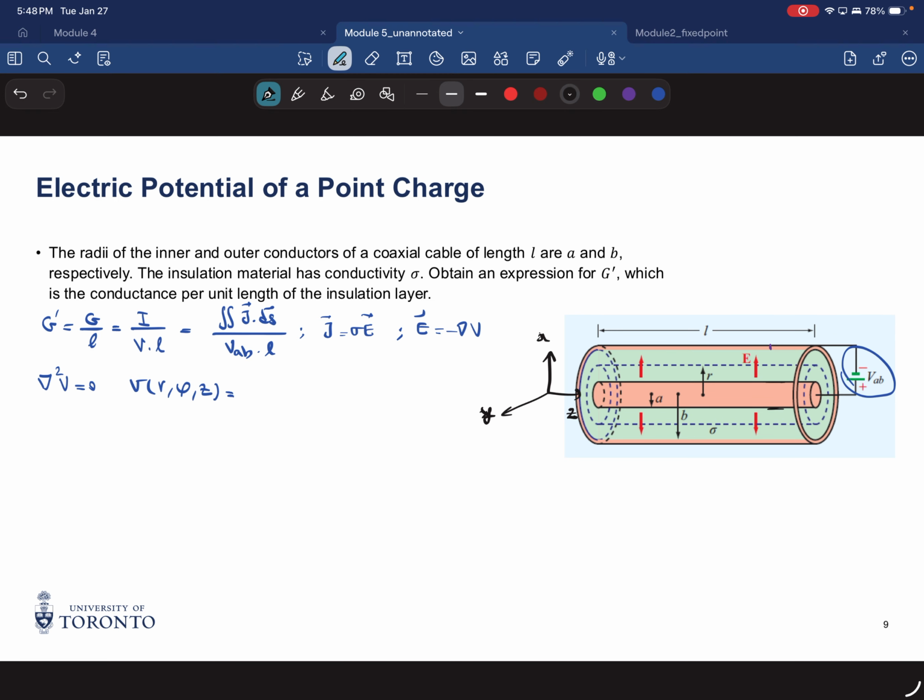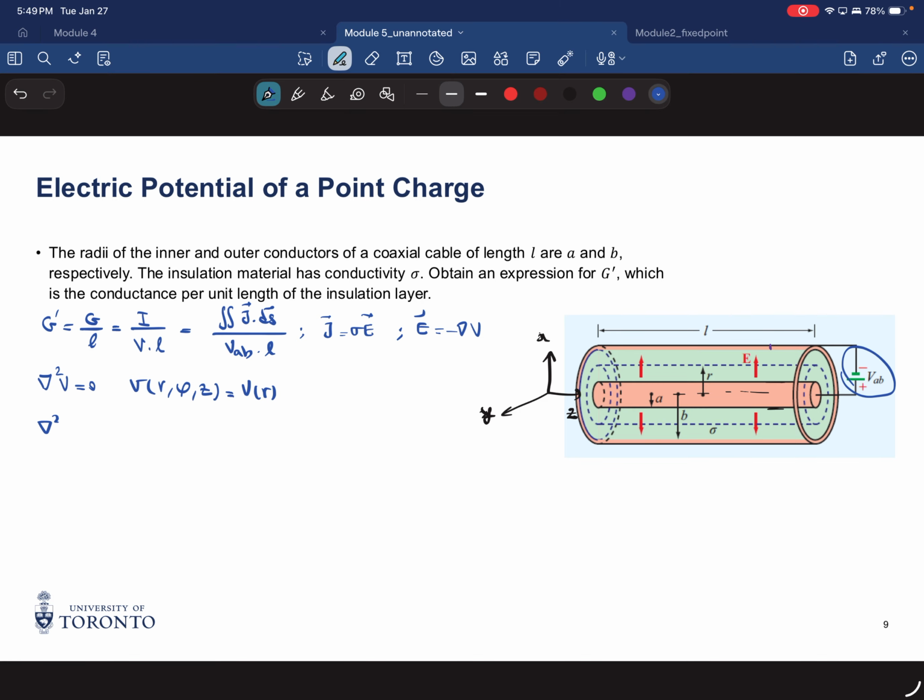Is it a function of z? Can it be a function of z? No, right? Because z is changing and our v here is equipotential. Z is changing and nothing is changing. Can it be a function of phi? No, right? Perfect. So v is a function of r. In that case,